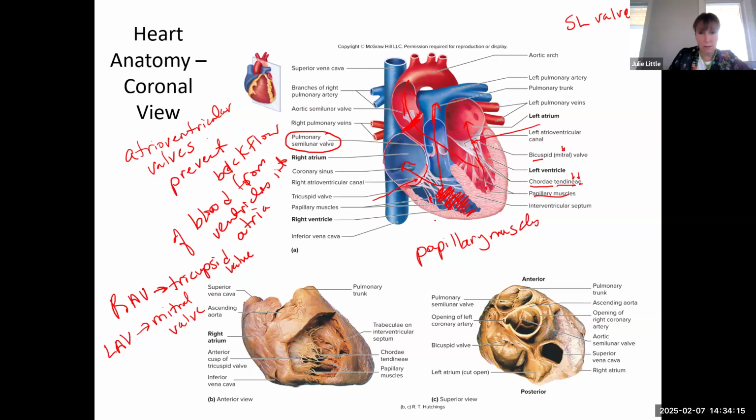And when that right ventricle relaxes, then the blood's going to want to fall back down. Well, this pulmonary semilunar valve prevents regurgitation or backflow of blood into the ventricles. So it prevents blood flow from the pulmonary valve, pulmonary trunk